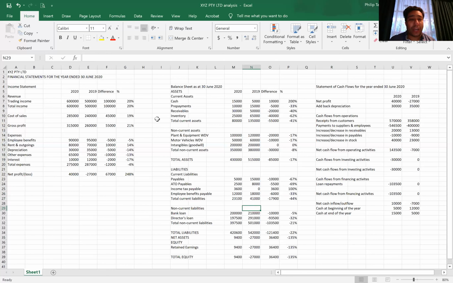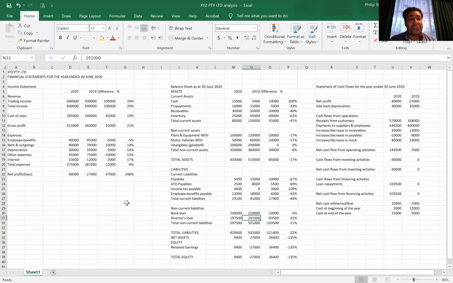Now let's have a look at the non-current liabilities. That's the long-term debts or commitments of the business. So we have a bank loan, 2019 was $210,000. In 2020, it's $200,000. So it reduced by $10,000 as a result of principal and interest repayments, or reduced by 5%. Director's loan is basically what the director contributes to the business and what the director takes out of the business. So in 2019, it was